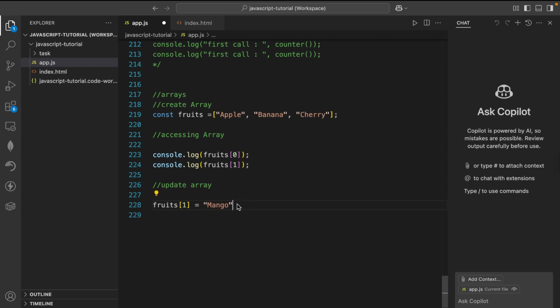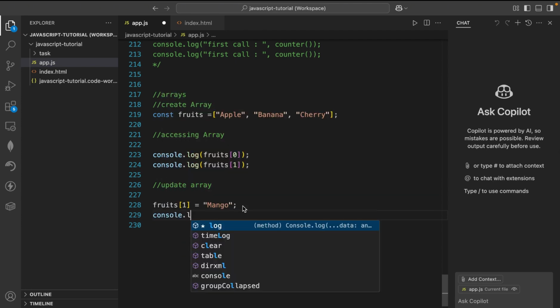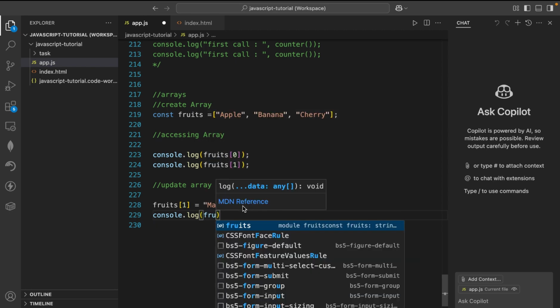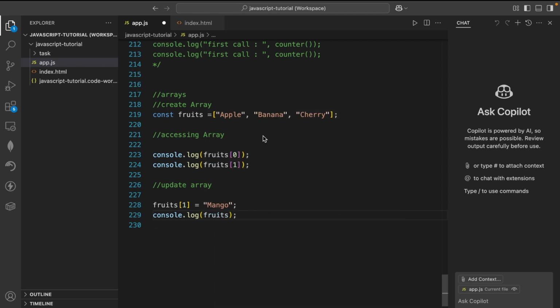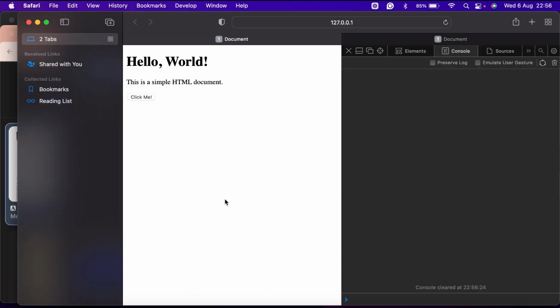So if I save now, you will see that banana in this array should be replaced with mango. So if I come back here and I say console.log, then I pass in fruit. That means I want to console log everything in the array, which is this, right? I want to console log everything. So if I save now, Control S, and I go to my browser here and refresh,